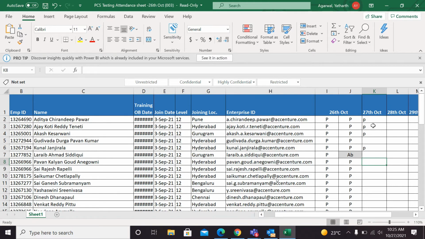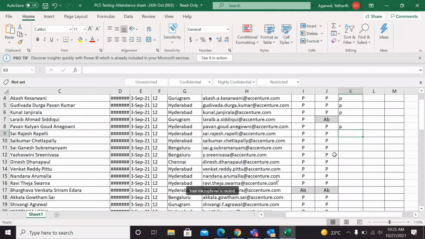Pawan Kalyan, yes. His mic is not working. What's your name? Durga Pawan Kumar. Rajesh Apeli, 9, present. Sai Kumar, 10, present. Sai Ganesh, 12, present. 13.